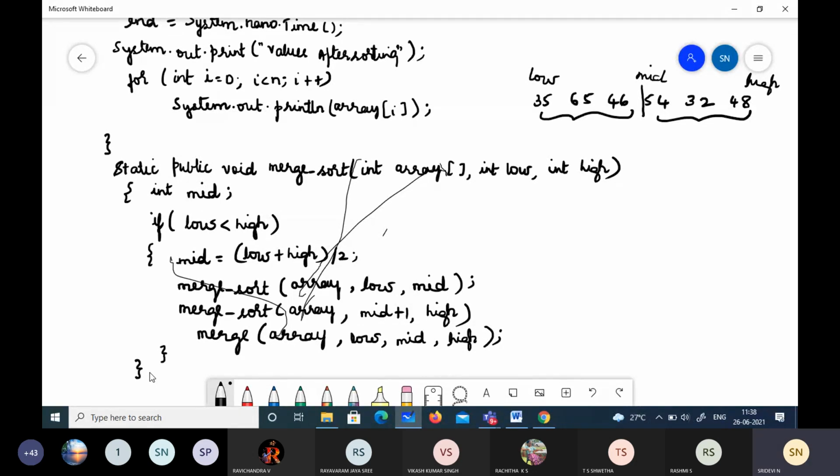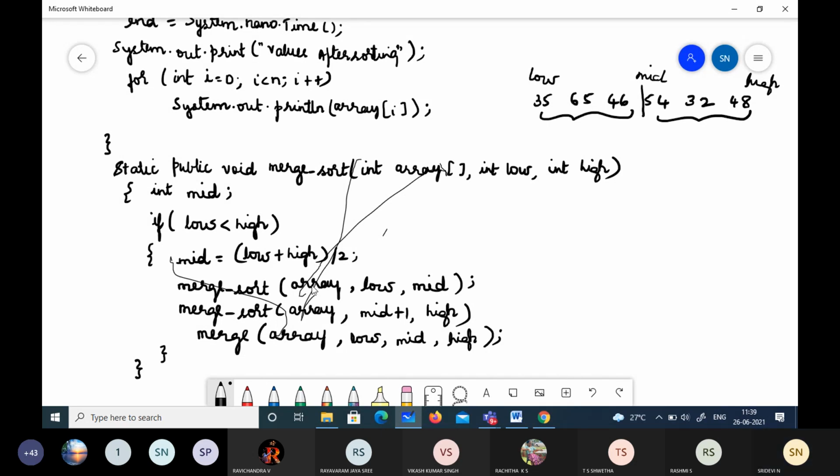Can I leave it like this? This is what you had done in your IA, isn't it? In the first IA, when the merge sort program was asked, it was asked to write the algorithm for merge sort. People wrote only this much, only this merge sort. And they don't even bother to check whether it was merge or merge sort. All three merge sort, merge sort, merge sort. That shows that you have not understood anything.